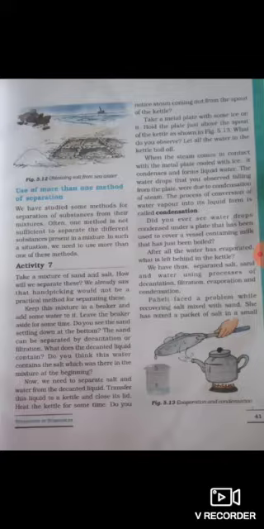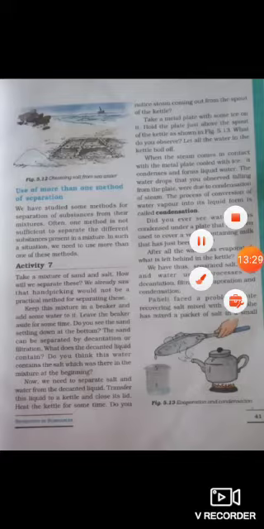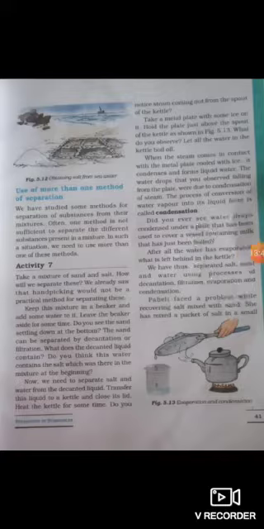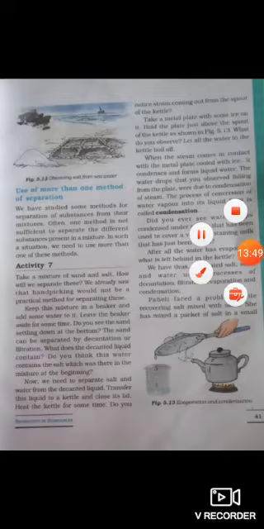We will now look at evaporation and condensation once again. Evaporation is the process in which liquids get converted into vapor when the temperature is increased. Here we have put on the flame, so when the temperature is increased, liquids get converted into vapor and this is called evaporation. And when the temperature is decreased, because this is the metal plate with ice over it, the vapor will get converted into liquid and this process is called condensation. Okay, now let's move forward.